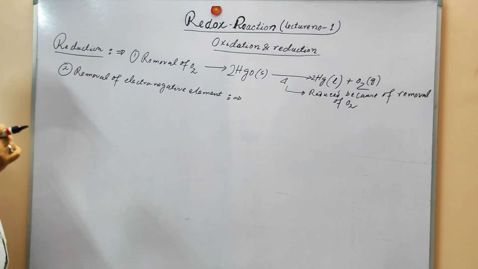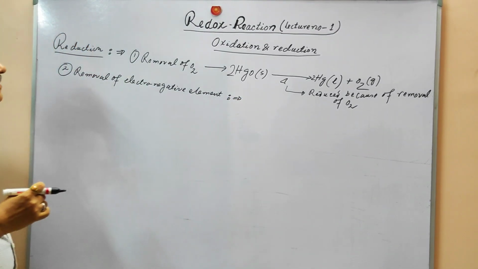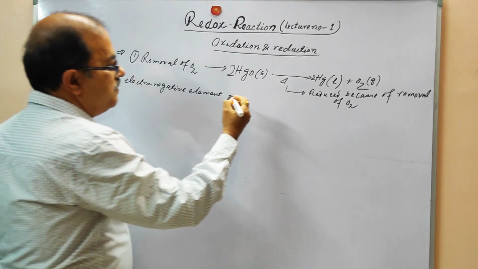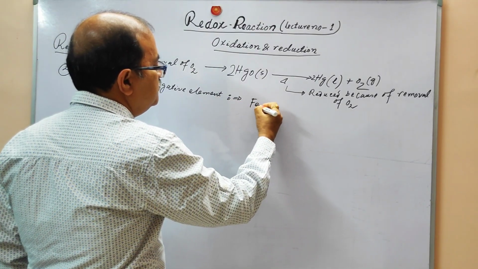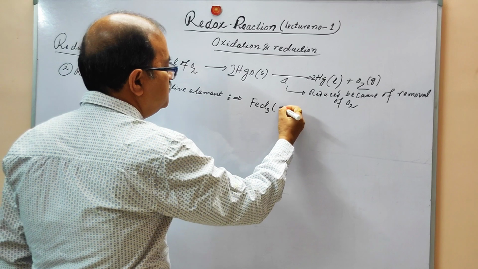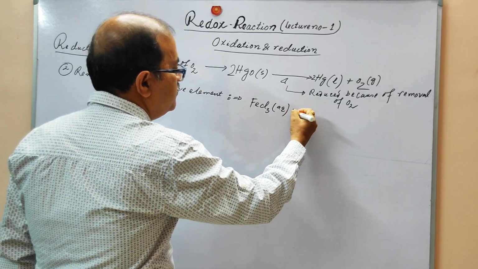When there is removal of electronegative element, we will call it a reduction process. Example: